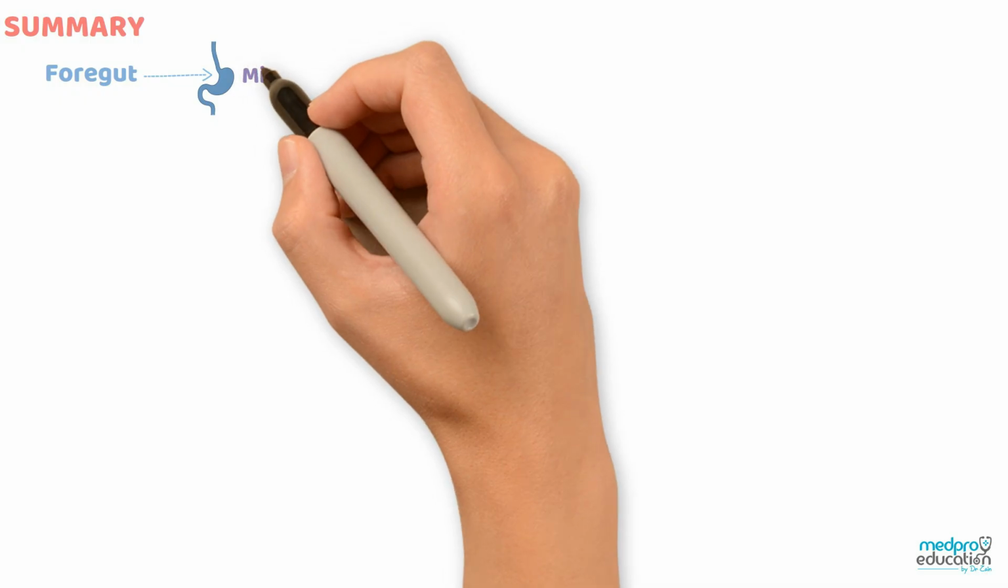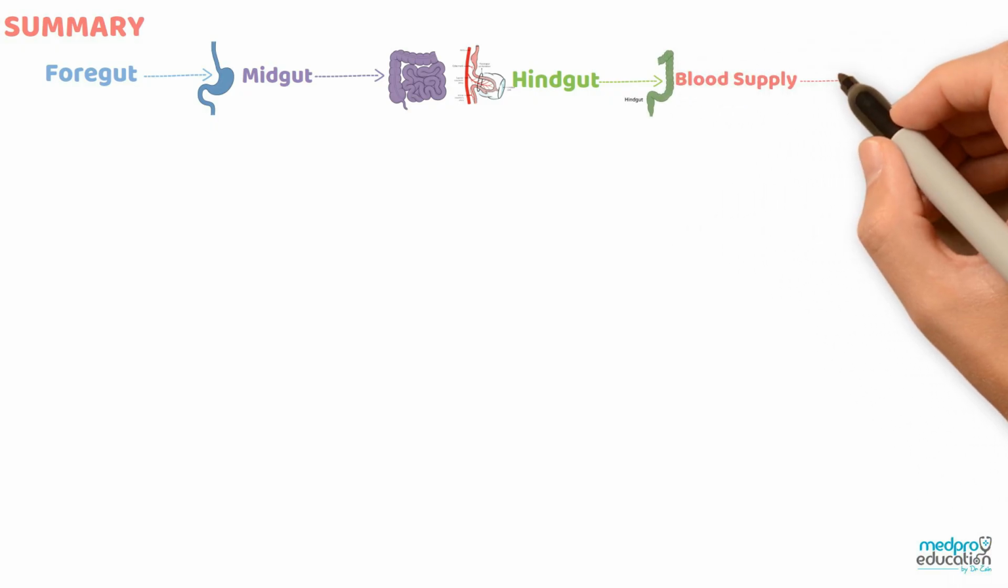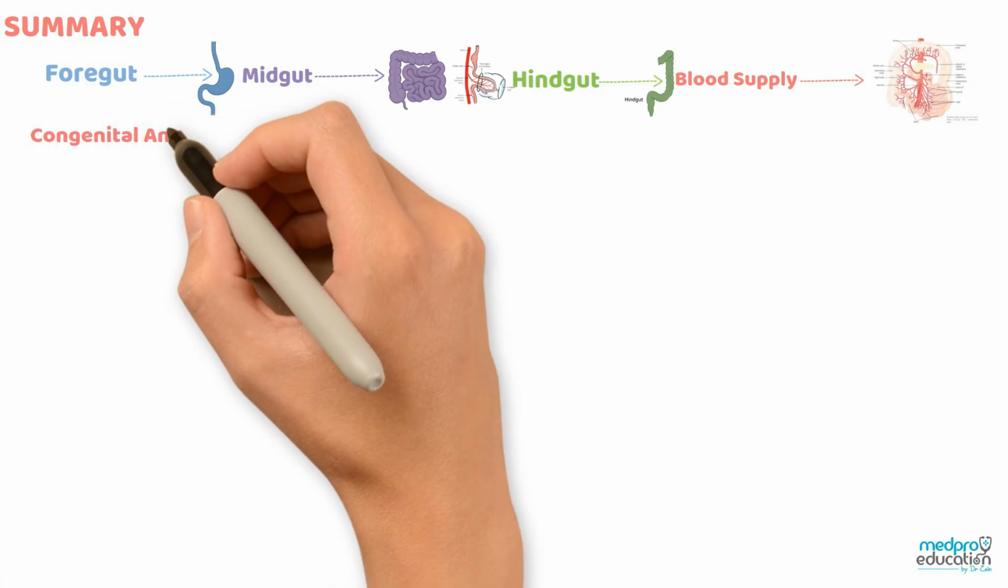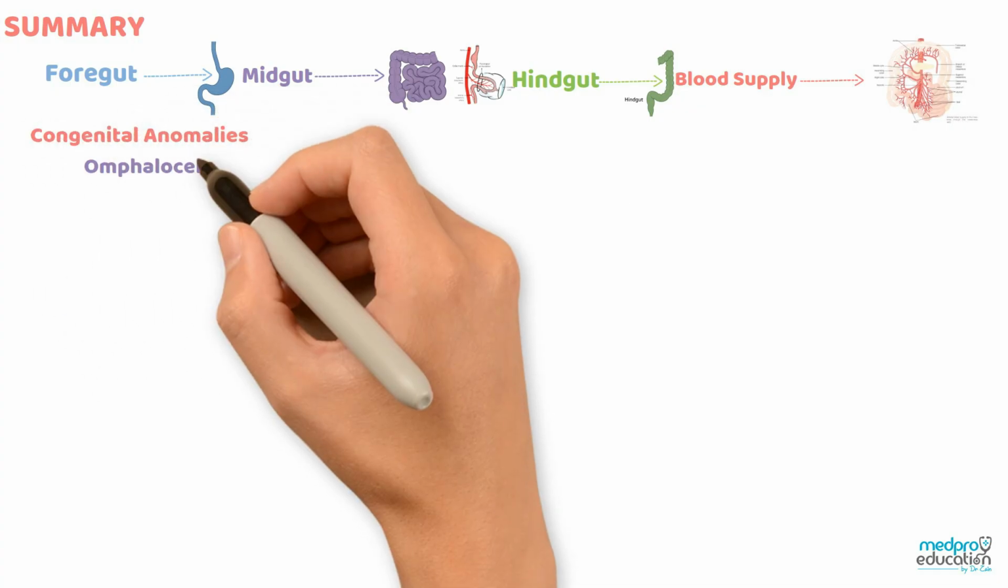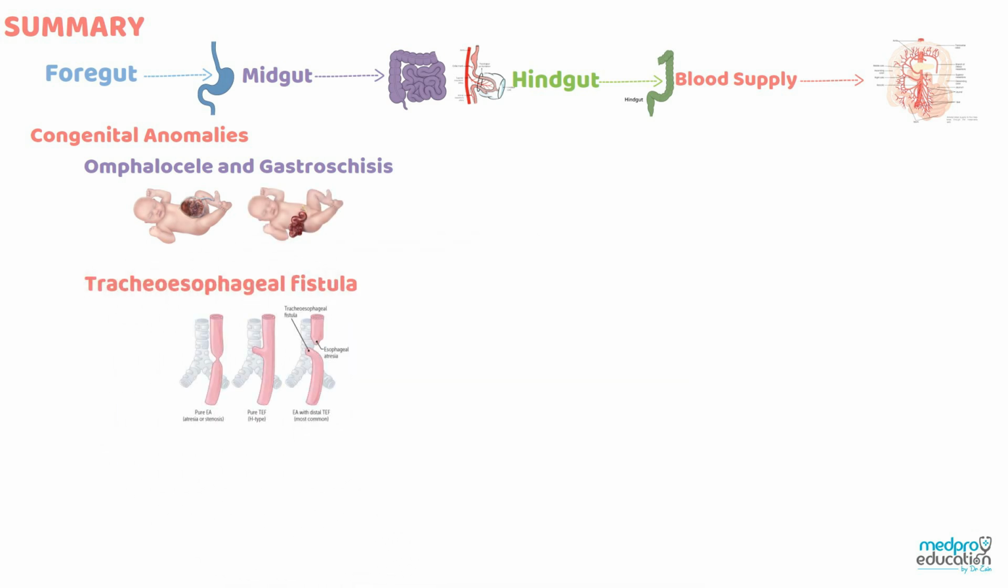Foregut, esophagus to ampulla of Vater. Midgut, lower duodenum to 2/3 transverse colon and 270-degree rotation. Hindgut, distal colon to upper anal canal. Blood supply, celiac, SMA, and IMA. Congenital anomalies include omphalocele and gastroschisis, tracheoesophageal fistula, choking after food, duodenal, jejunal, ileal atresia, vomiting after food containing bile,